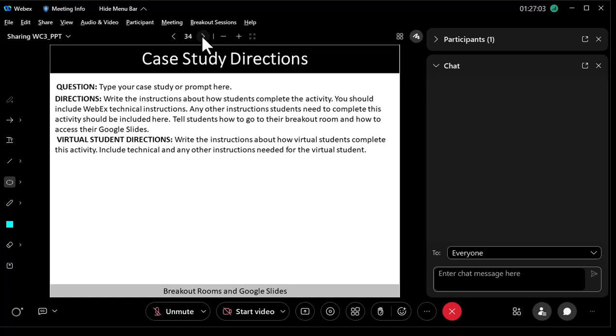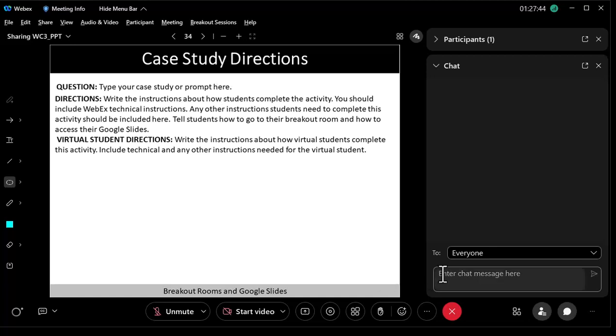You will go into your slide and you will write down your answer on the Google Slide. You will also go into your breakout room, so you guys have the ability to talk within it. And you also want to give directions to the virtual students. Now, what I would recommend is just getting your live students up and going, give them the directions, get them booted over to working in their breakout rooms, and then also on the Google Slides. And then while they're working, take the time and speak to your virtual students and tell them what to do. So let's go ahead and start with your live students.